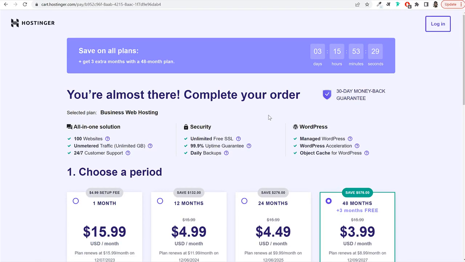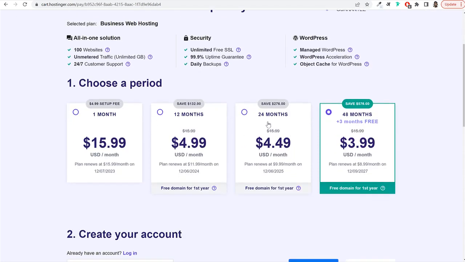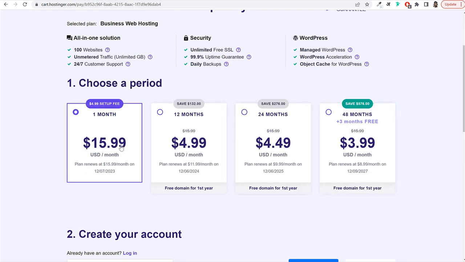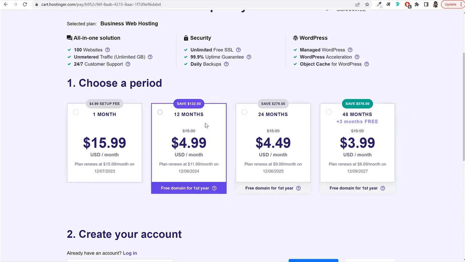Now once you click on this button, you will now be redirected to this page. And here you can see what plan you have selected. Now if you scroll down, you can see we have different options over here. First of all, we have to choose a period. For how long do you want to purchase this hosting? So if you purchase for 1 month, you have to pay $16 per month, which is very expensive. We don't want that. If you purchase for 1 year, you will have to pay just $5 per month, okay,